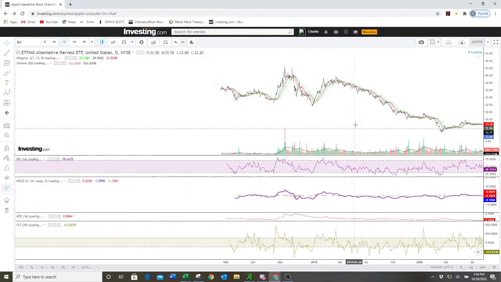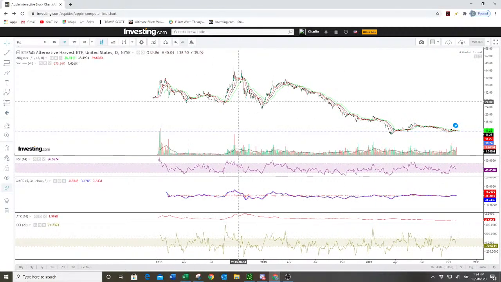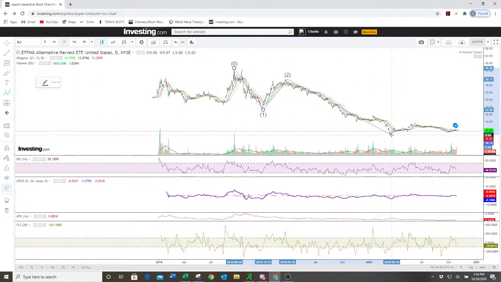This is a little tough because it's such a long time. You can kind of see this impulse wave down, wave 1, wave 2, a long wave 3. Maybe we're in a wave 4 now to come back, right, somewhere around here, and then another wave down. That's possible, but in the short time frame,